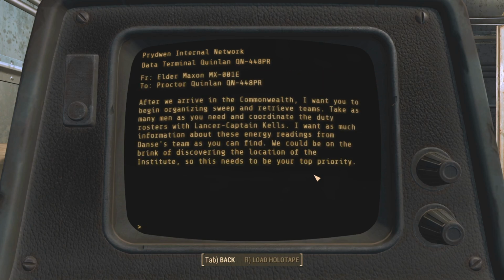Okay, so this is still important stuff. After we arrive in the Commonwealth, I want you to begin organizing sweeps and retrieval teams. Take as many men as you need to coordinate the duty roster with Lancer Captain Kells. I want as much information on these energy readings from Dan's team as...